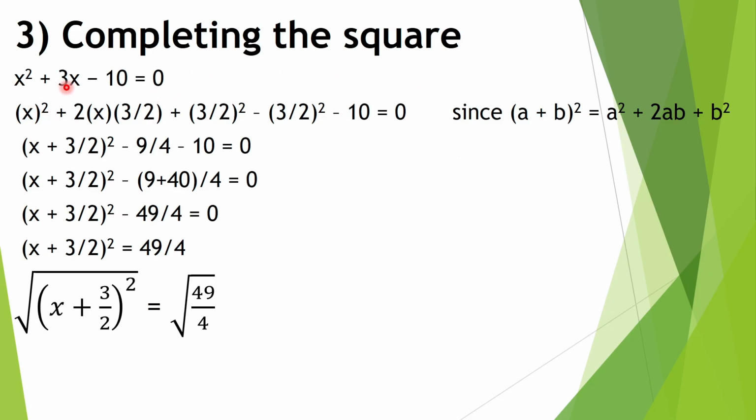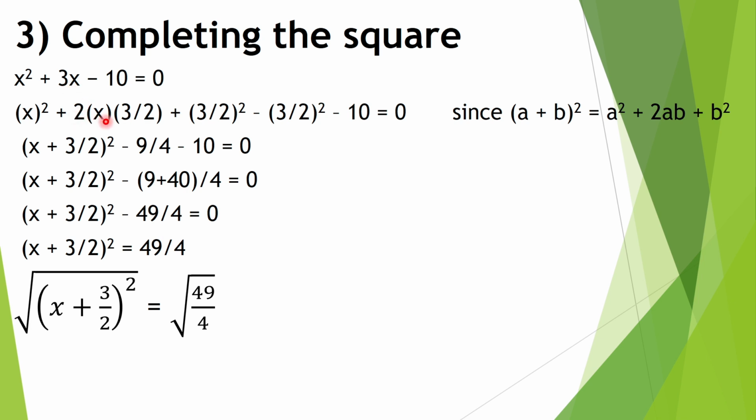So x squared plus 3x minus 10 equal to 0. We have the same equation. Now we will try to solve this by completing the square. So x squared, that is a squared, plus 2ab. So from the formula, we write 2 for a times x and b. We will write a term of b over here in the manner that if we multiply the whole term, the result must be equal to this value.